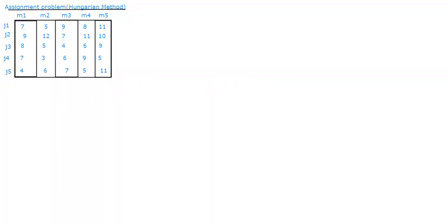Here, the problem gives 5 machines, and in these we assign jobs to the machines. We have a sequencing method also, where we go for a cumulative approach to find out which machine has to be given which job first, taking into consideration the hours of processing time. Here we have 5 machines and 5 jobs, and now I have to assign them. How am I going to assign, keeping in mind that my cost should always be a minimum?